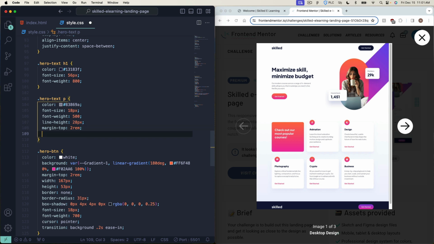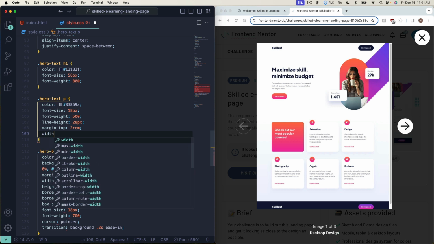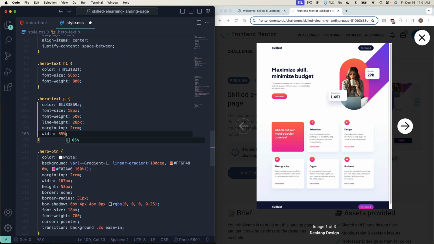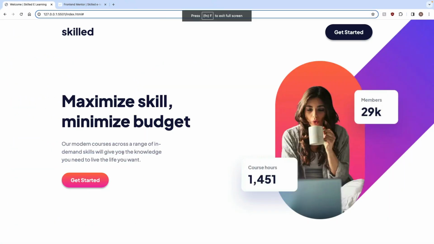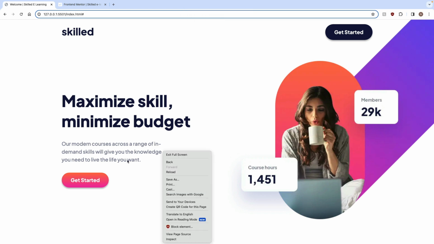I'm going to change the width of this to 65% of the window, and that should give us what we want. You need to live the life you want. So the width on that needs to be fixed because we're just supposed to have "the life you want" on the end. So let's go to inspect